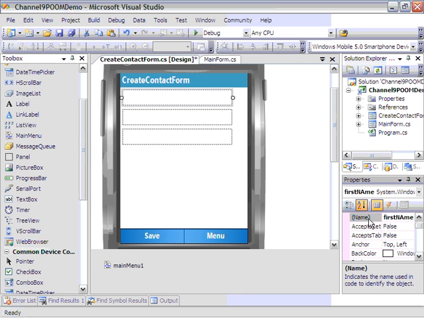Geez, no, I want it. Okay, first name. There we go. And then last name. And then phone. So those are all named. And now when I hit save,